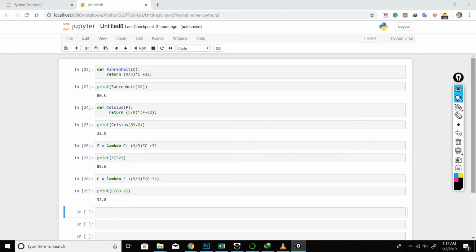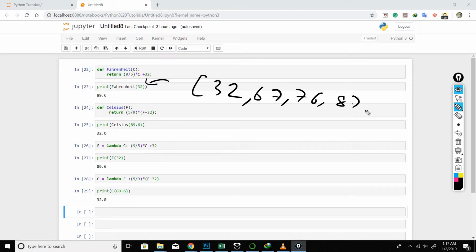So here I have a function which changes the temperature from Fahrenheit to Celsius. If I pass one value to this function, it will change it to a Celsius value. Now what if I have a list of values: 32, 67, 76, 87, 35, 38. To change all these values, I may use a loop and pass all these